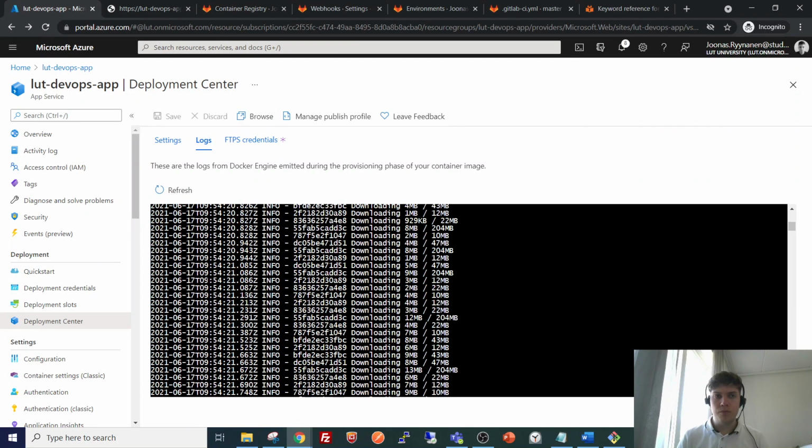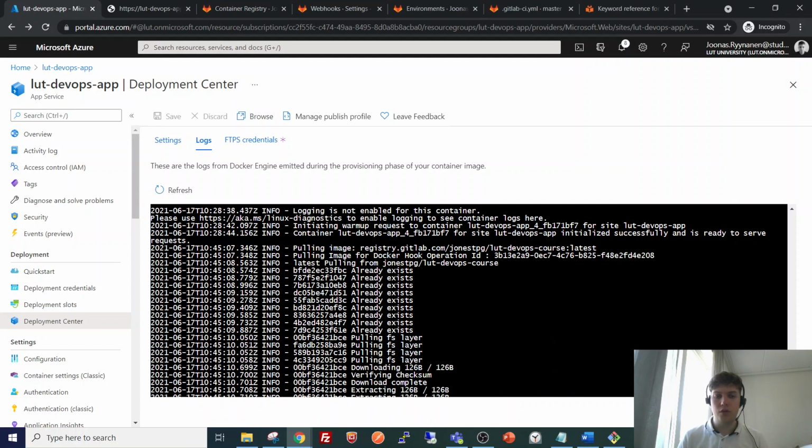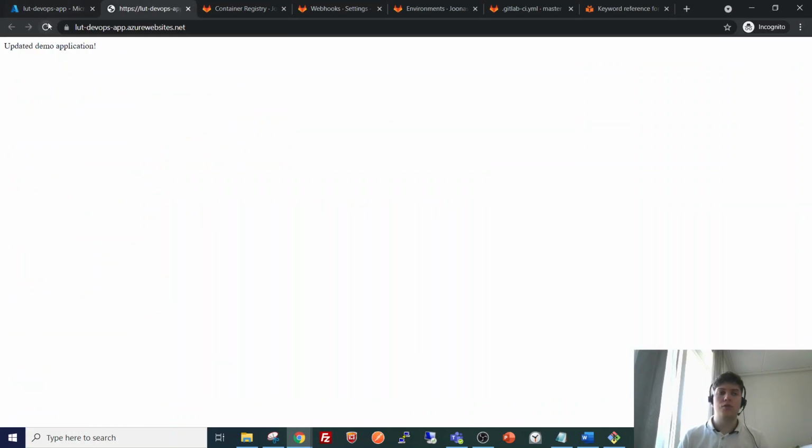So yes, the process was very quick actually. So maybe it even used some kind of caching there. But now the update we made has arrived in this production environment, and it was automatic if we don't count the rerun of the containerized stage that I made.